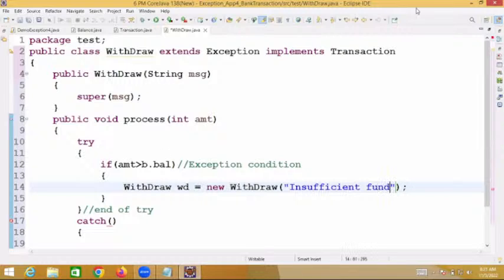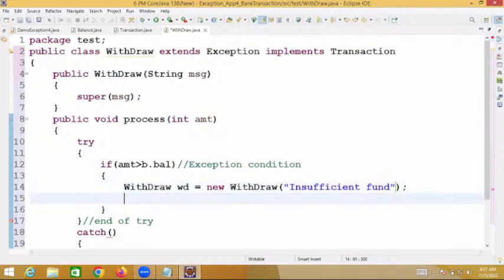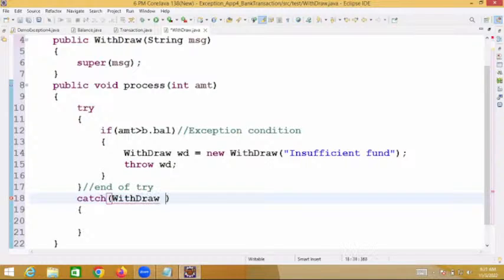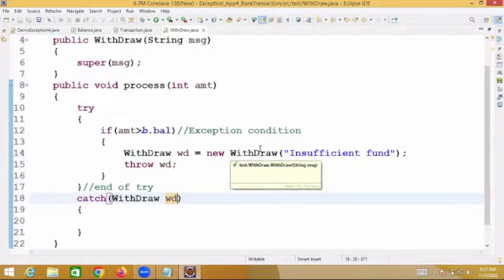Insufficient fund. So throw the reference. Throw WD. The reference thrown will be coming on to where now? Catch block. Withdraw WD. Up to here. Are you comfortable? Understood? Same process like yesterday, no? Right. Now,